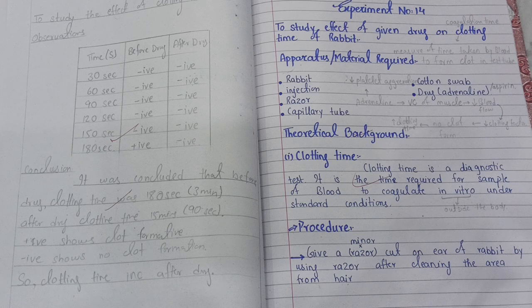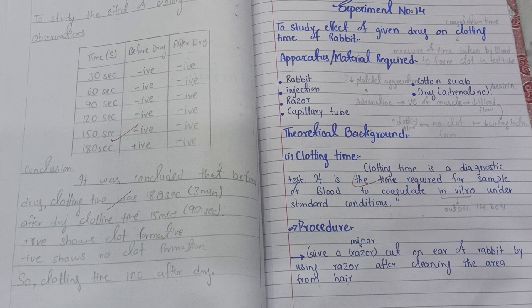Actually, bleeding time and clotting time are similar words with similar meanings, but a little bit different. So what's the difference? Clotting time is also called coagulation time. Clotting time is a measure of the time taken by the blood to form a clot, but in a test tube. We measured the bleeding time when the blood was inside the rabbit. We have not taken the blood out of the rabbit. The blood remains inside the rabbit, and then we calculated the bleeding time.